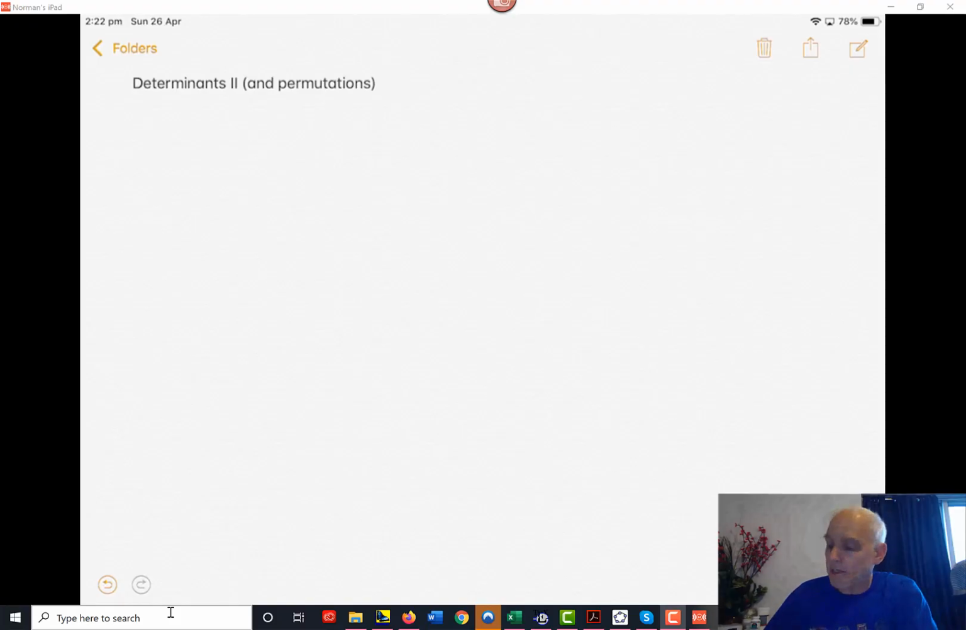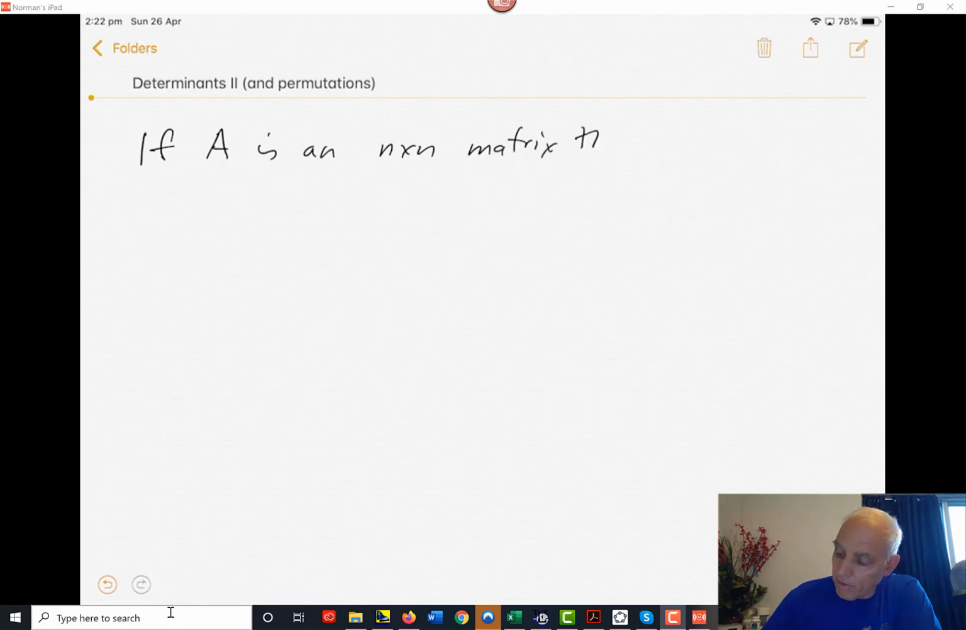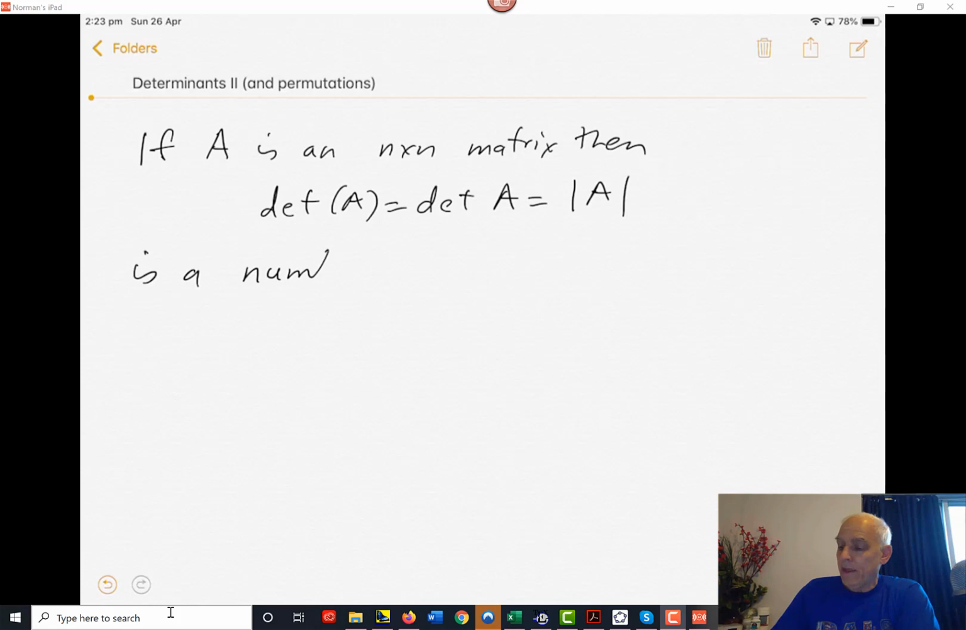So let me remind you that if A is an n by n matrix, then the determinant of A, which we sometimes write without brackets, and sometimes with absolute value signs around A, is a number. It's a number associated to the matrix, defined recursively or inductively